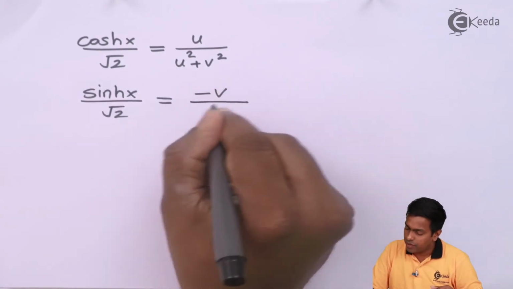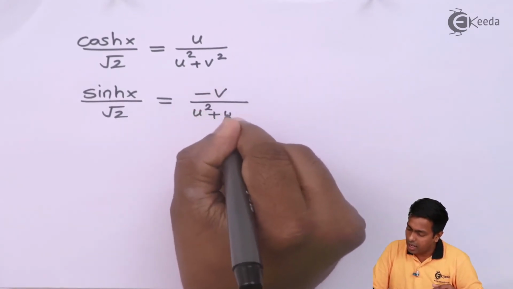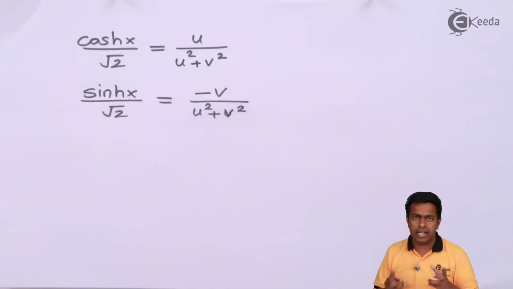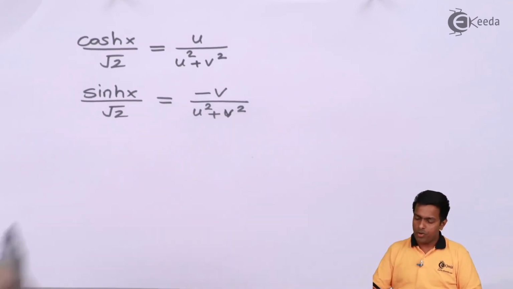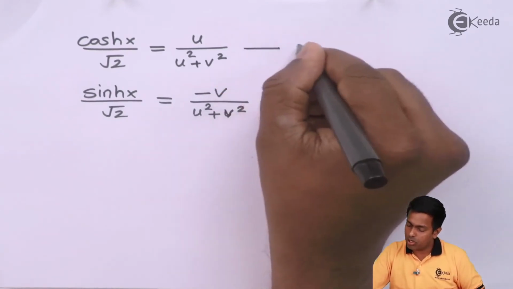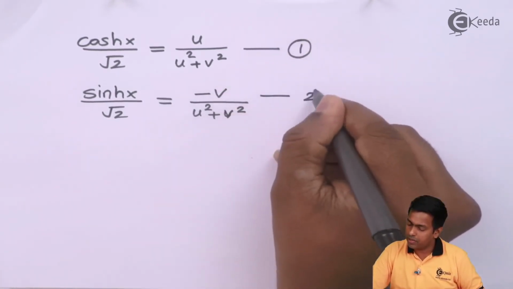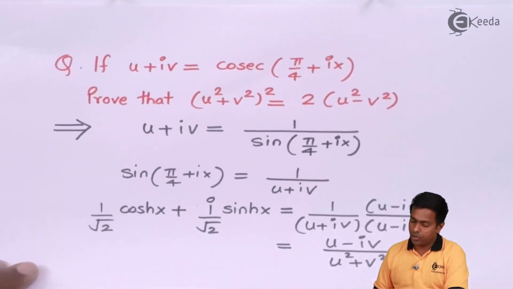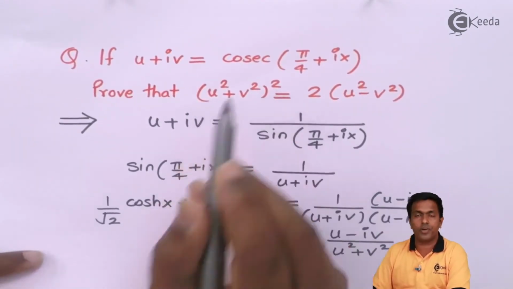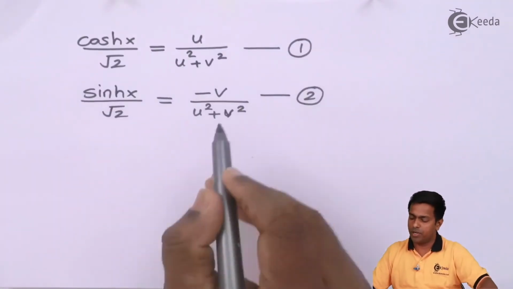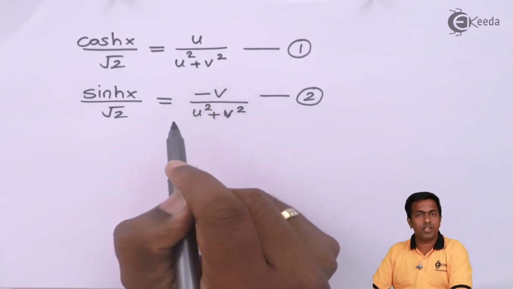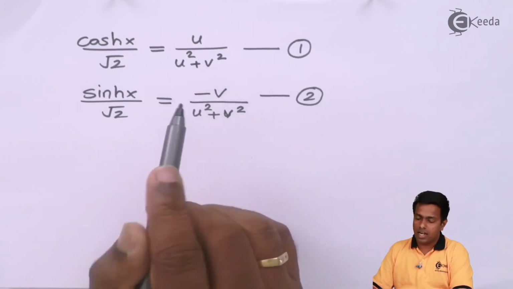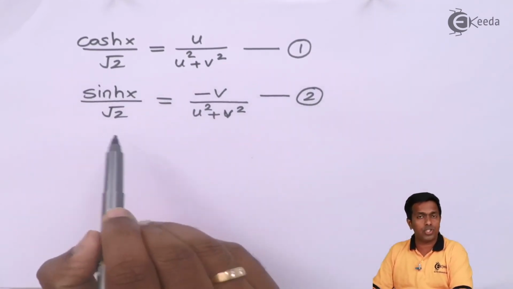So guys, we are not considering the i, because if I consider i on both sides, it is going to cancel again. Now here we got these two equations. Let's call these equation number 1 and 2. Now to prove this result, here you can observe we want u square plus v square the whole square. So if I want u square plus v square the whole square, it means we have to square this term, and for that I have to square equation number 1 and equation number 2.